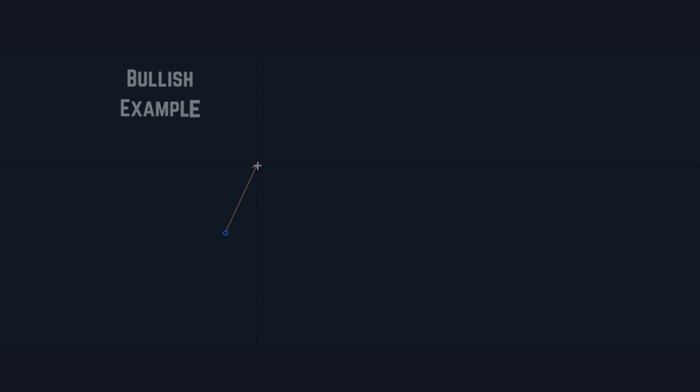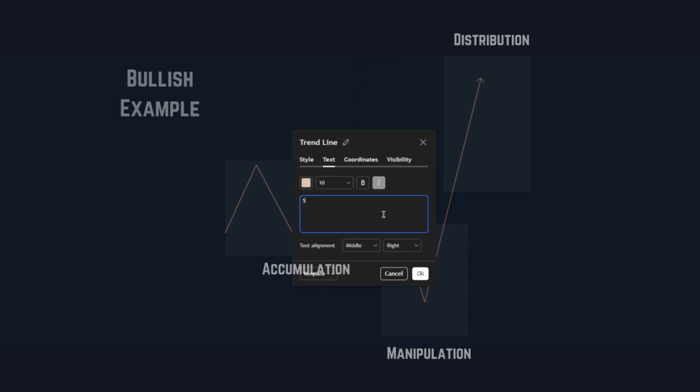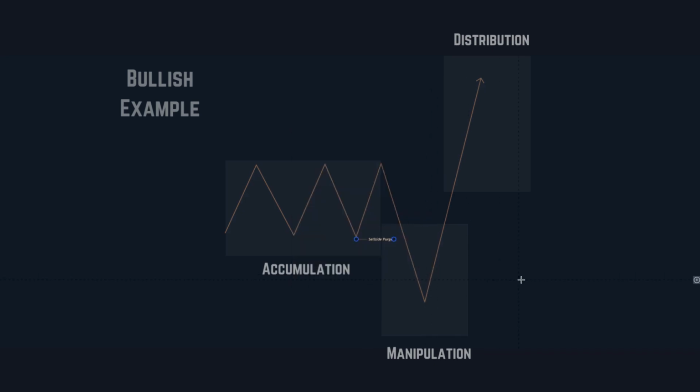And now we have a bullish example, and it's really just the same thing. So now we have our consolidation or accumulation phase. We then have our manipulation phase, and then our distribution, which is all three stages. And in this case, we are generating liquidity in the form of sell side liquidity. Our manipulation leg will take out that sell side, and then we're going to use the distribution leg in order to target buy side liquidity. So here we're taking out sell side liquidity, which we accumulated during the accumulation phase, and taking it out during the manipulation phase in order for us to target buy side liquidity in the distribution phase of the power of